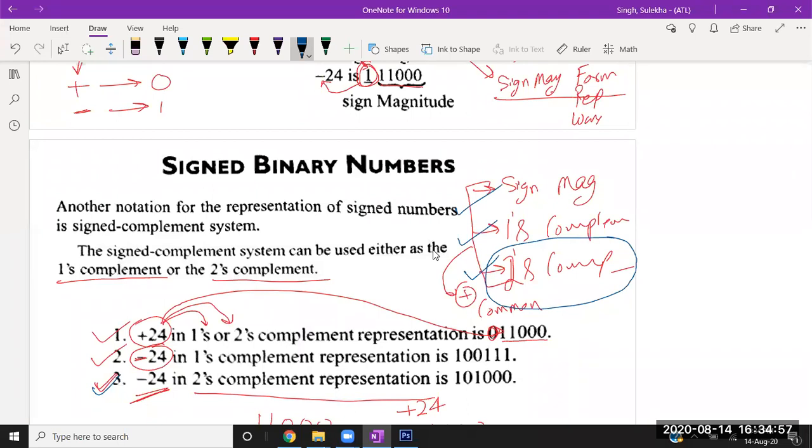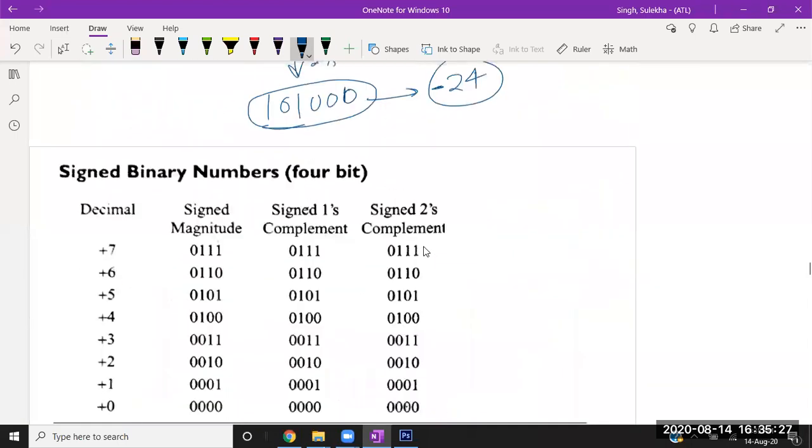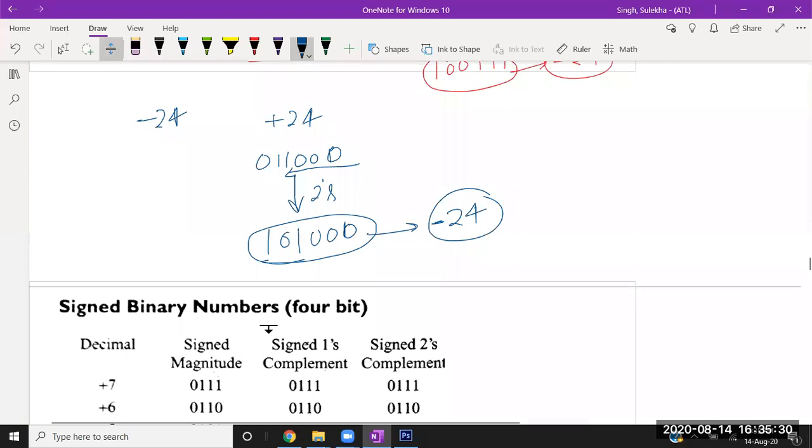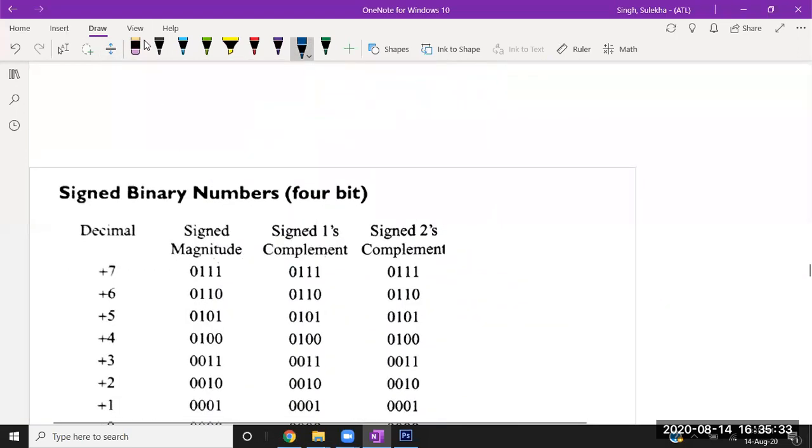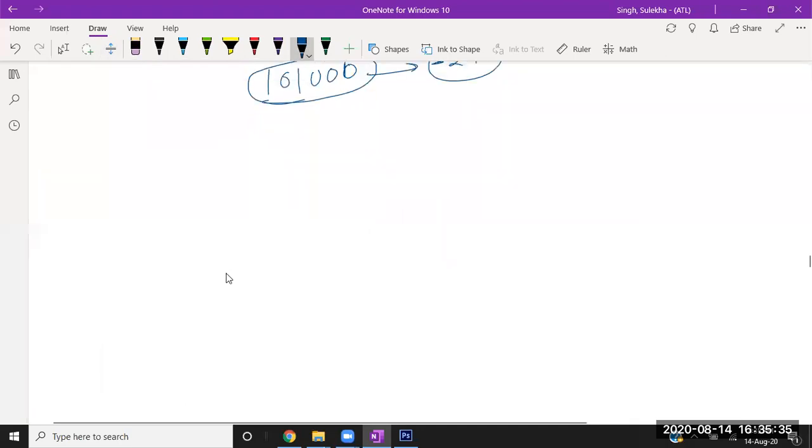Okay, that number we can understand, but if I want to talk in terms of bits, if I want to represent all the numbers with some data in the form of bits, I need to give a proper symbol, either 0 or 1, or I need to classify all the numbers in such a way that the machine can easily identify which number is positive and which number is negative. So I'm just explaining how your machine identifies which number is positive and which is negative.